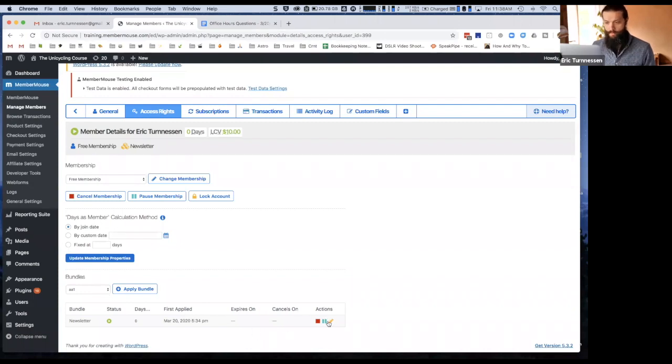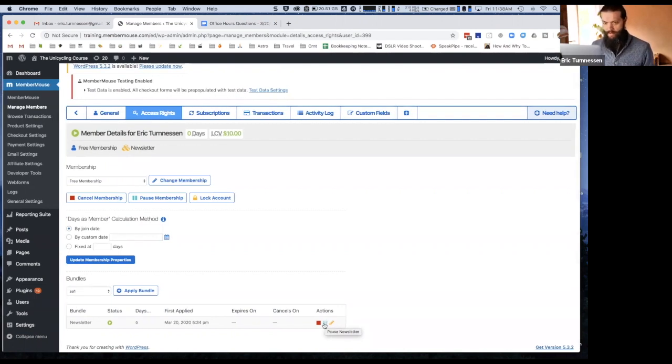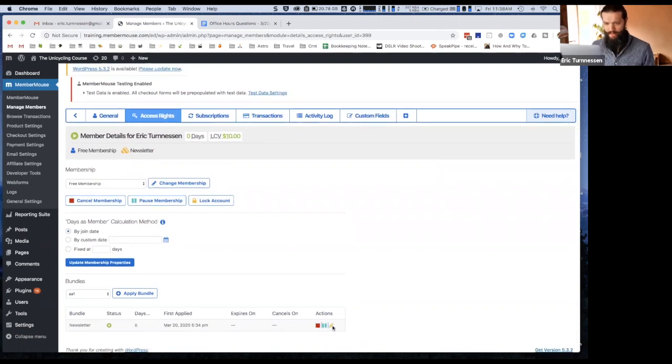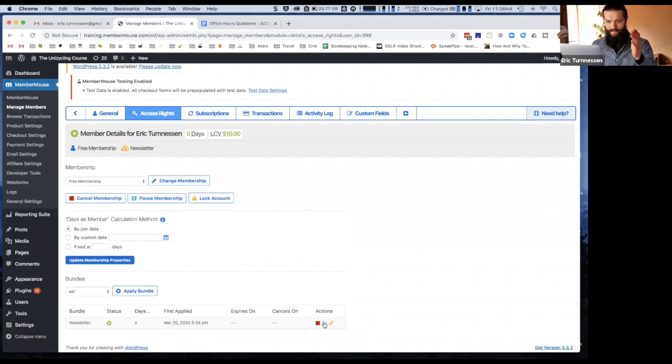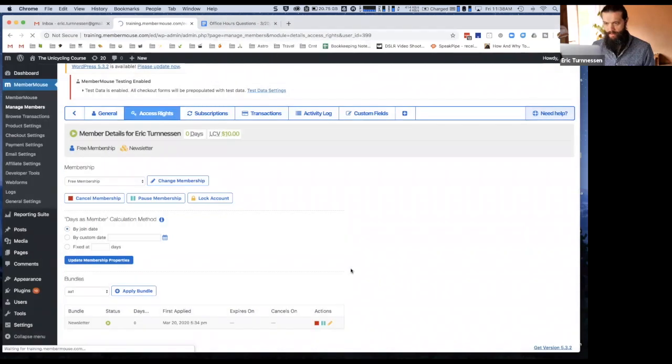Sorry, I looked over, I'm looking at this. I looked over a very basic aspect, which is you do have this pause functionality on the newsletter. Of course, if you do this, you're going to have to come back and manually reactivate it for everybody. Also, from my memory, I'm not sure this actually does influence billing. Off the top of my head, I think it does. I think it basically just cancels billing. And then when you reactivate it, it reactivates billing again. That's my memory. So let's just go ahead and cancel this because we're basically going to put them on a new